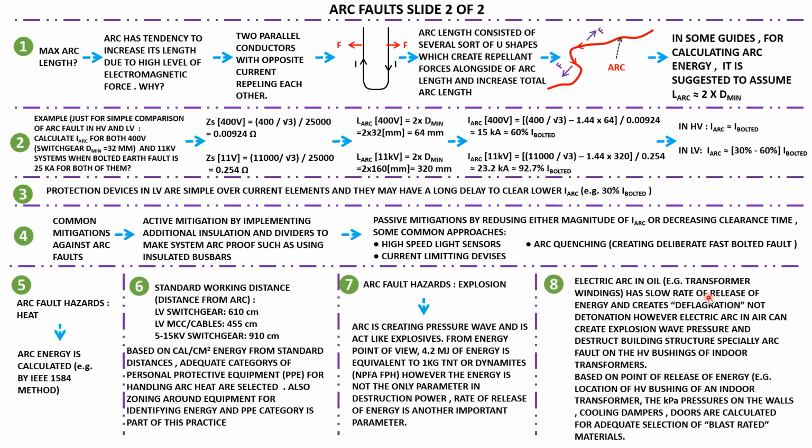So it can create a massive fire when it is inside the oil, but cannot actually create a blast. But an electric arc in the air can create an explosion wave and pressure and destroy building structure, especially an arc fault at the HV bushing of indoor transformers. So an arc fault in the air has this capability to create explosive